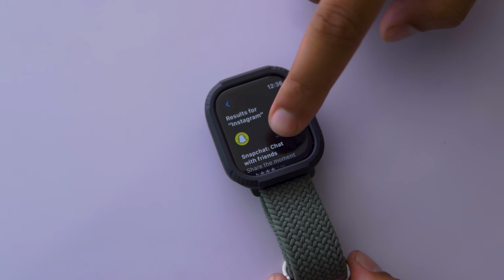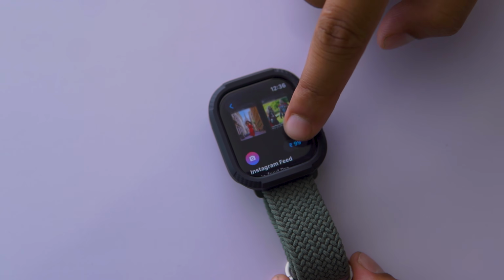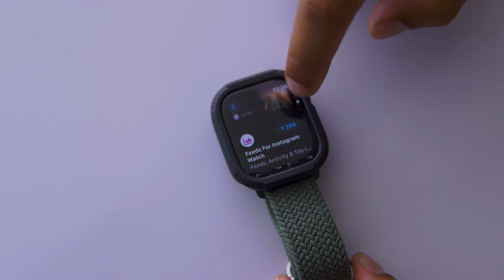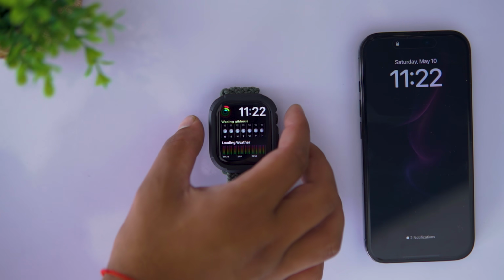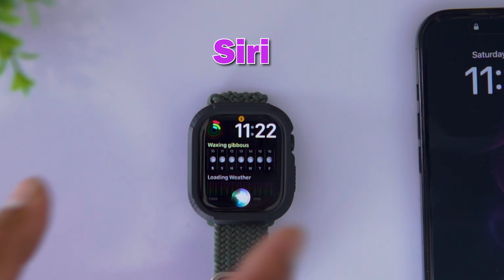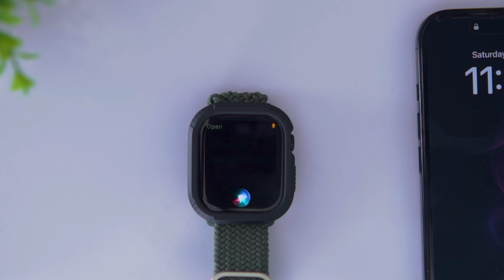Since the official Instagram app is not available on the App Store of your Apple Watch, there is no way to install or download it. However, there are workarounds that let you access and use Instagram on your Apple Watch without any third-party app for free. So the first thing that you want to do is launch Siri on your Apple Watch and say